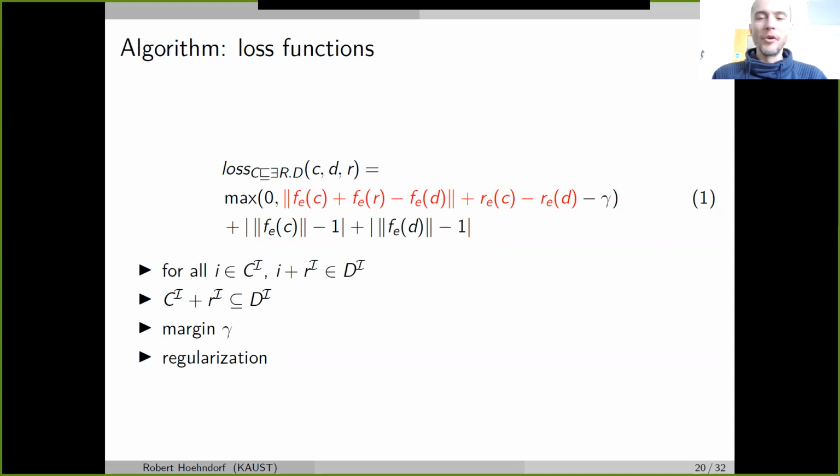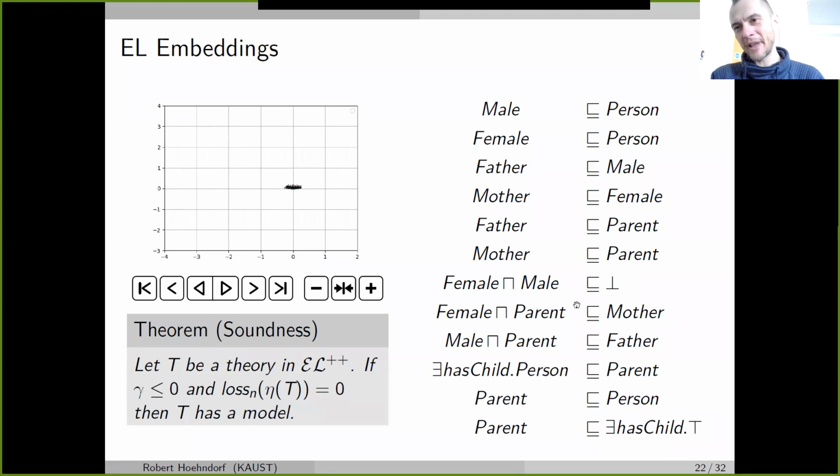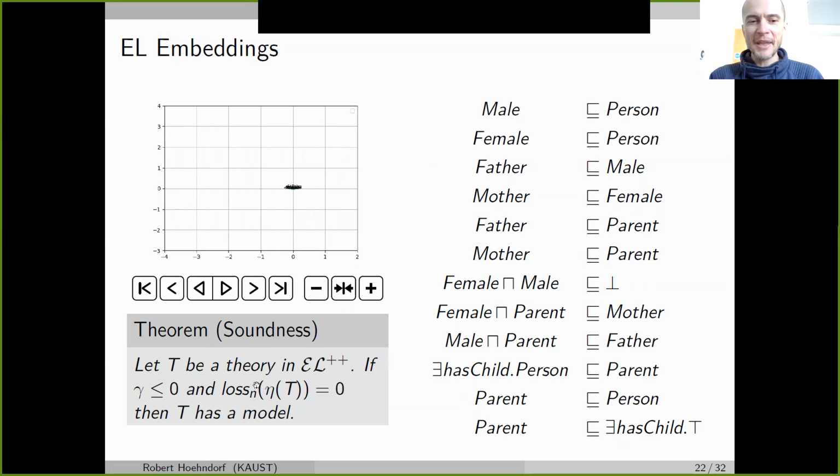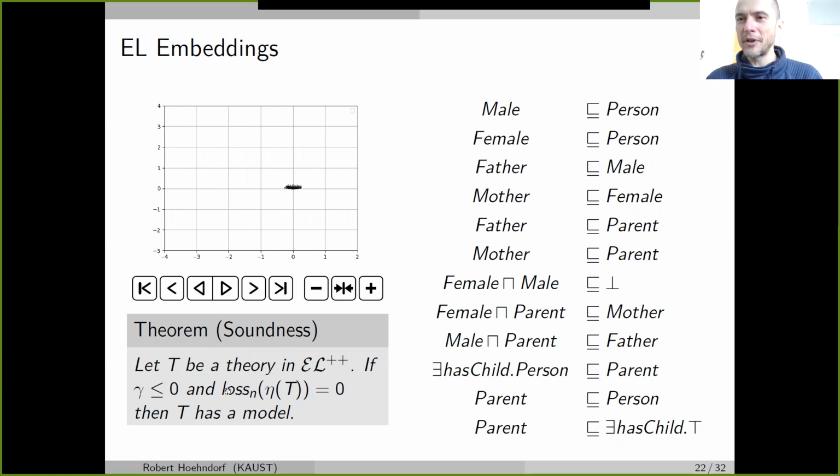No, we are not guaranteed to find the solution. There are local minima, and you're absolutely right, this is the absolutely crucial question of completeness. Actually, it goes even beyond completeness, because in the soundness proof, if we reduce the loss to 0, then yes, we have found a model. What you are asking is, if this is a consistent theory and there is a model, can we actually find it such that the loss is 0? And the answer is no.